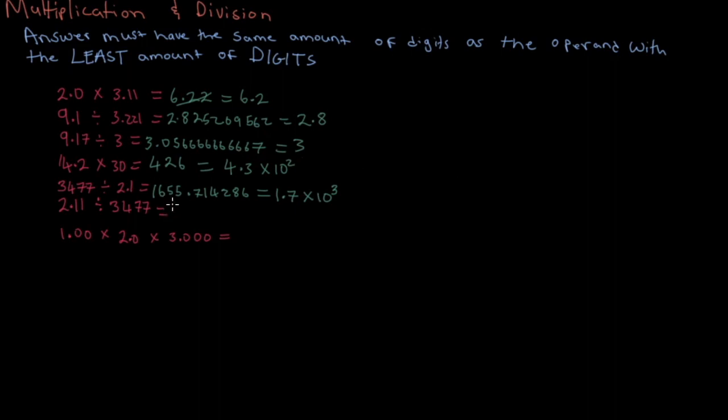Here's another one. This is a pretty good one too. So 2.11 divided by 3,477. So it's kind of like this question here, but backwards. So we would get this number, 0.00060684 4. Okay, so obviously, as you can see here, this number is not written to the correct